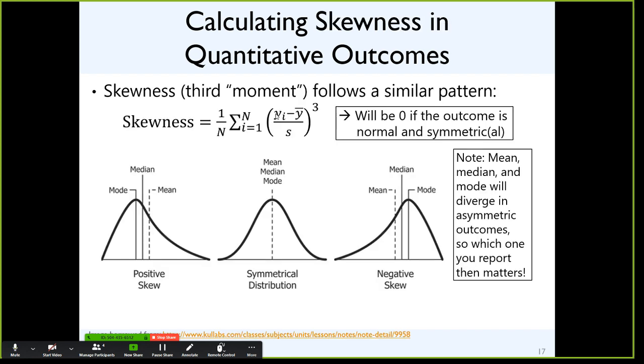All right. If you wanted to calculate skewness, it works the same way, except rather than having to square it, you cube it. That's related to the idea that this is the third moment of the normal distribution. So these are differences then in terms of how the mean, median, mode shake out under skewness.